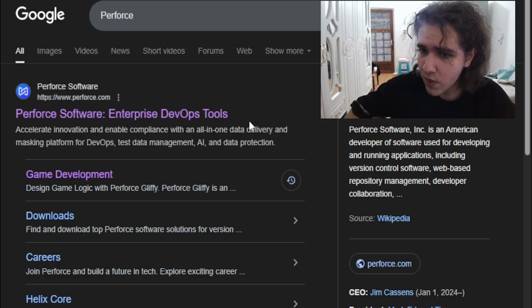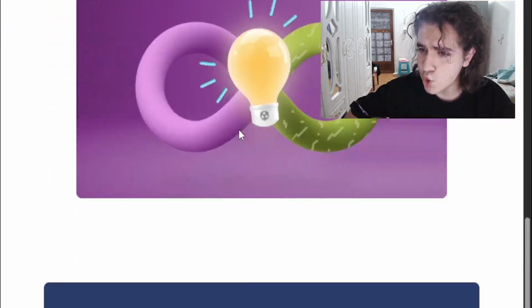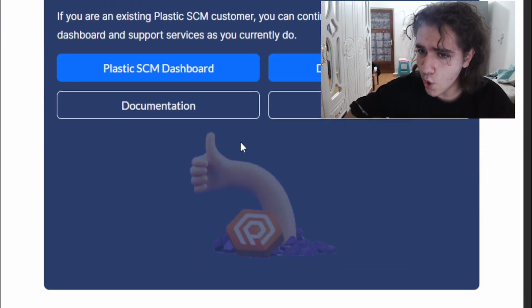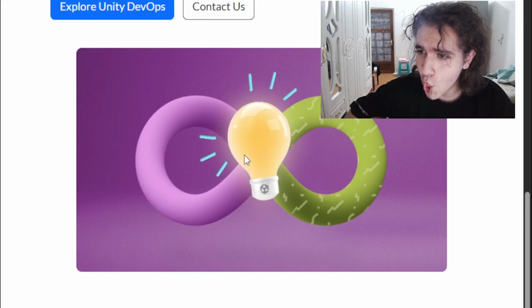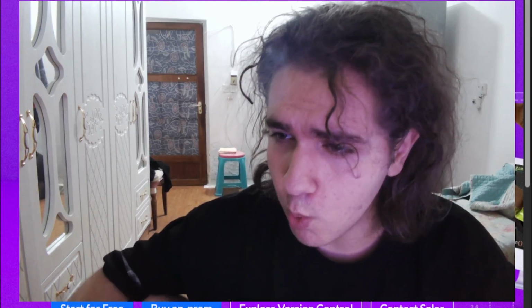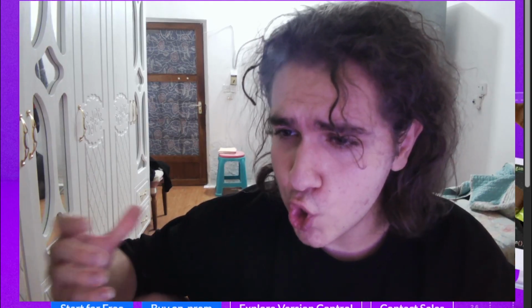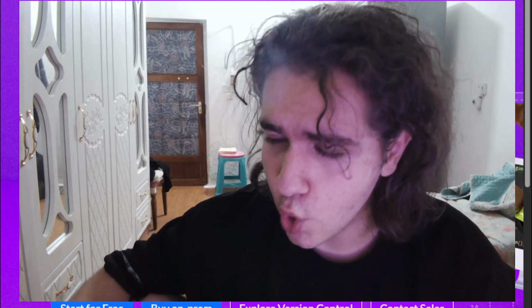If you want something a bit less complicated than Perforce, I would recommend Plastic SCM. It's one of the most used in Unity. I really like Plastic SCM. It's way more beginner friendly and indie friendly. Of course, it's still complicated to set up, but it is way less complicated than Perforce. Perforce is almost brutal to deal with in small productions. If you want something simpler, I would recommend Plastic, because it's way easier, better integrated, and has more documentation and tutorials than Perforce.